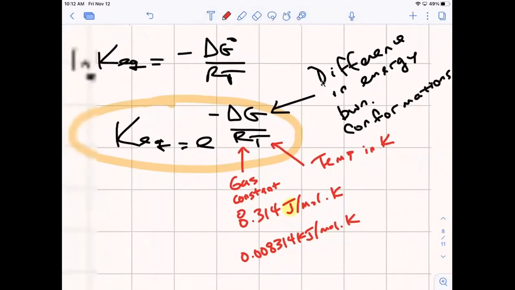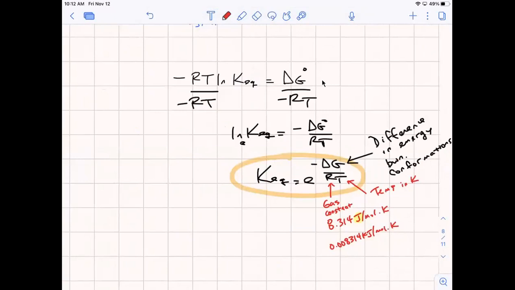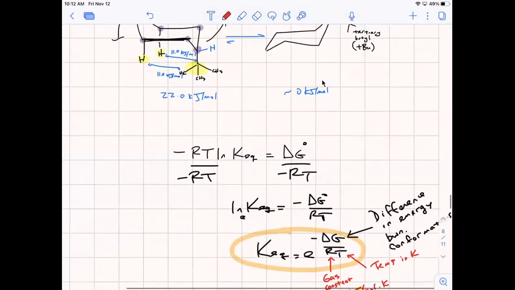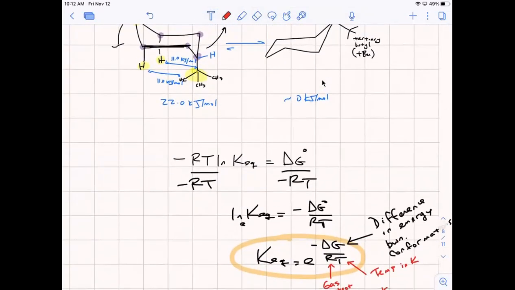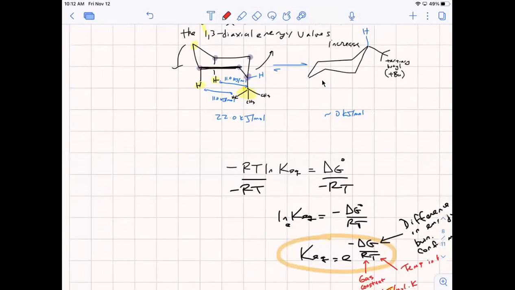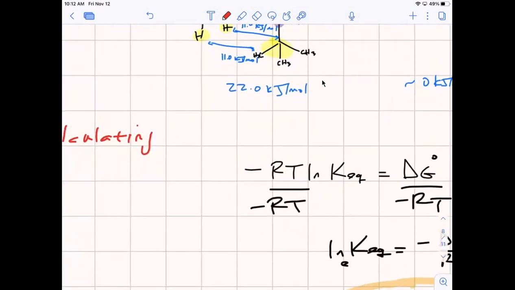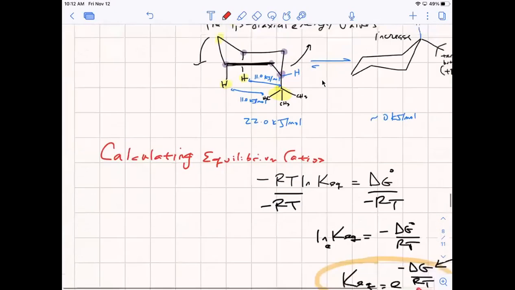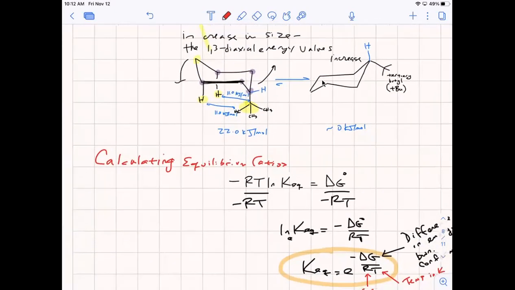So in order to determine the ratio, this is the information we need. We have the gas constant. We just need the temperature because we have the delta G as well. What would delta G for this particular reaction be? Delta G is just the difference in the energy between the two. So when one is 0 and the other one is 22,